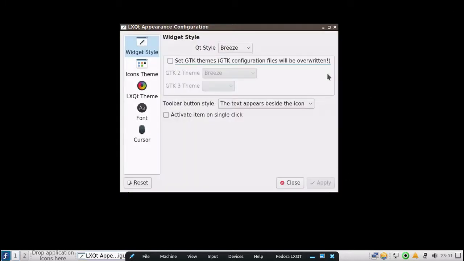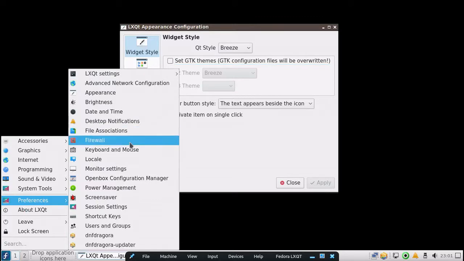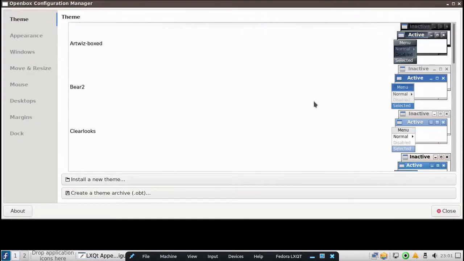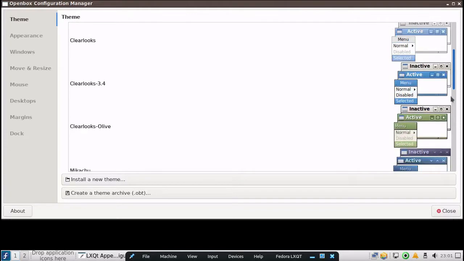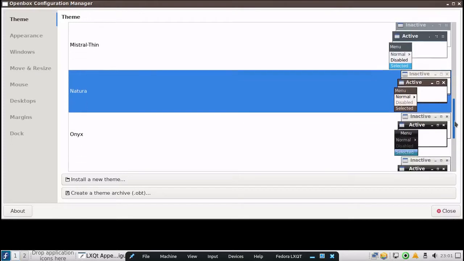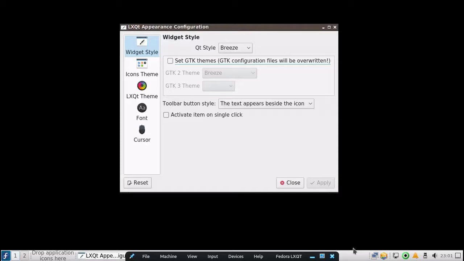And then you also have your window manager, right here, Openbox. And this is themed separately as well. Now, a lot of people think that these themes are a little bit drab and boring, which some of them are, and I like some of them. However, there's a way to get other themes on here and to sync your themes